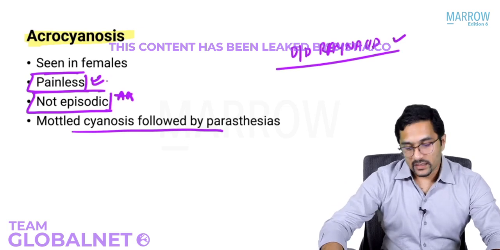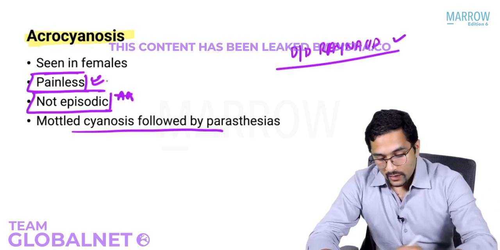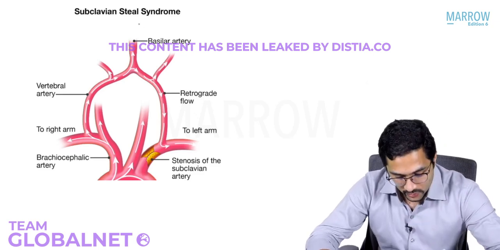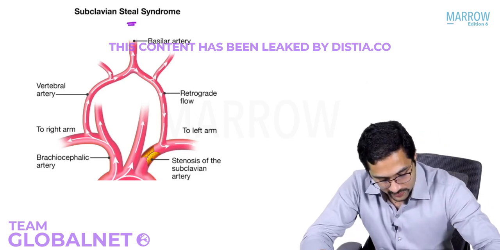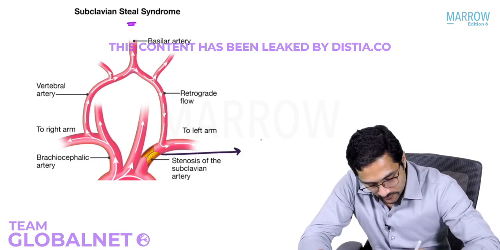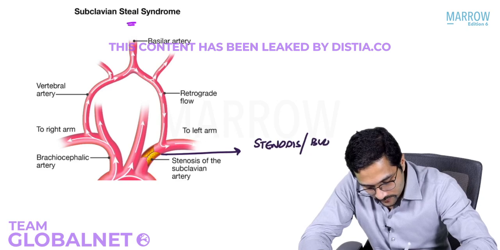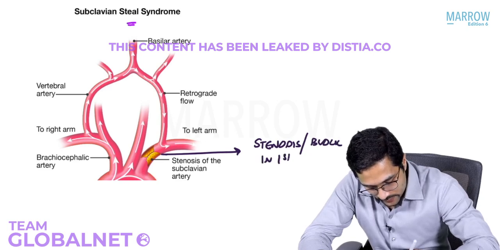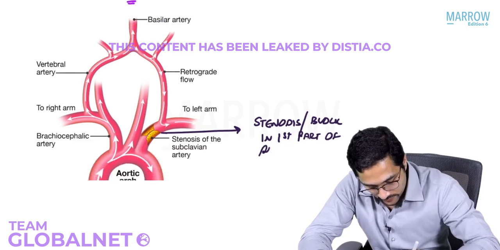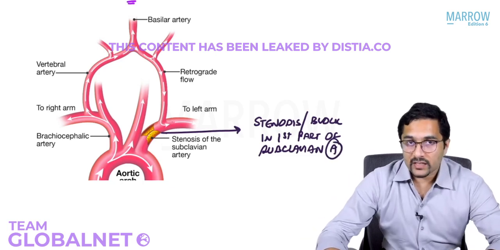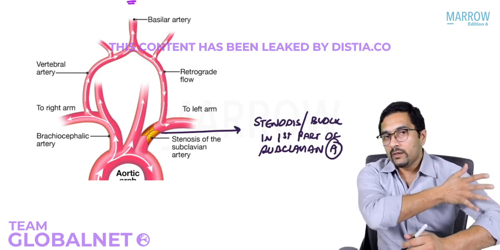It is painless and it is non-episodic. Another very interesting condition is subclavian steal syndrome. Subclavian steal syndrome occurs when there is stenosis or block in the first part of the subclavian artery. And when there is a block in the first part of the subclavian artery, flow to that arm will not occur